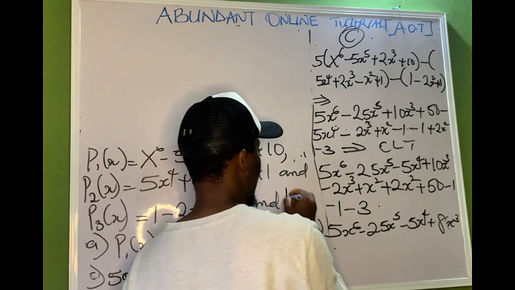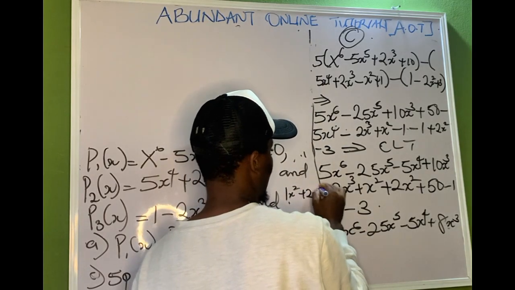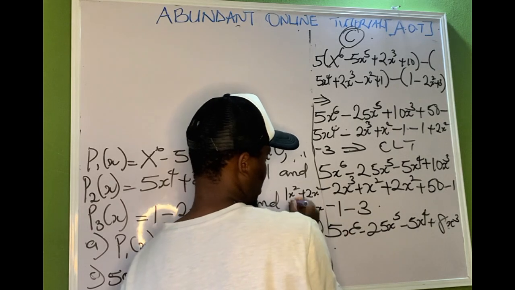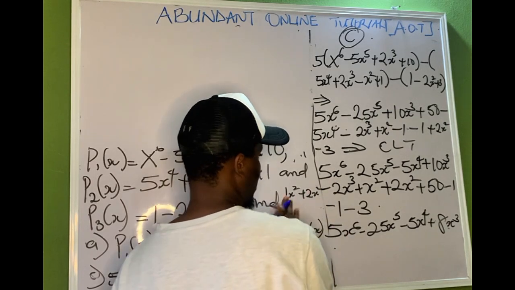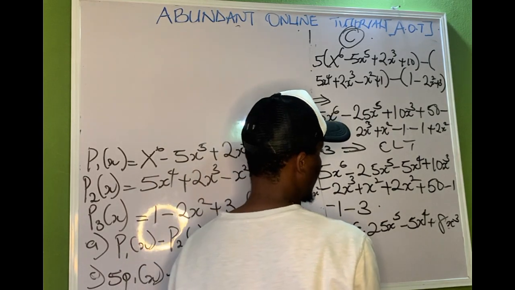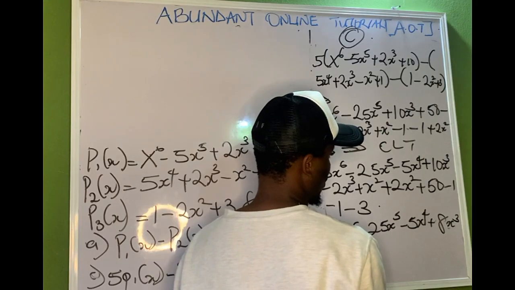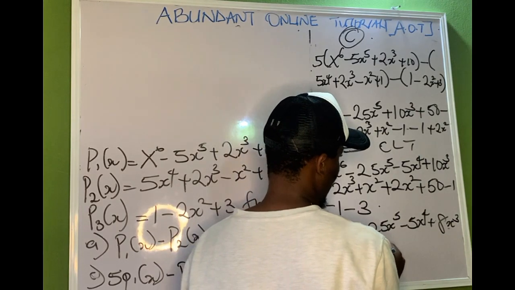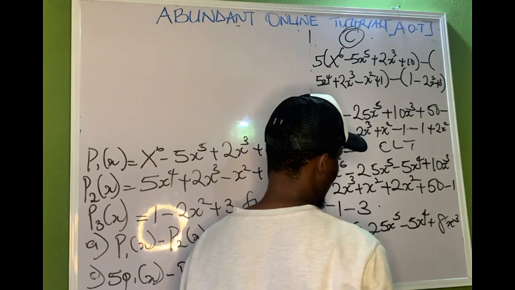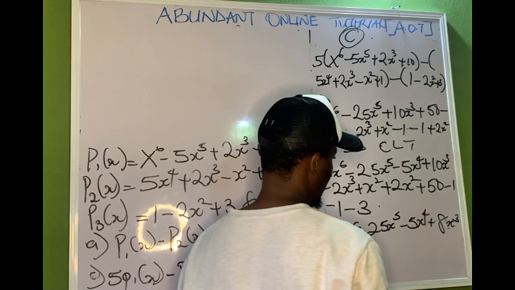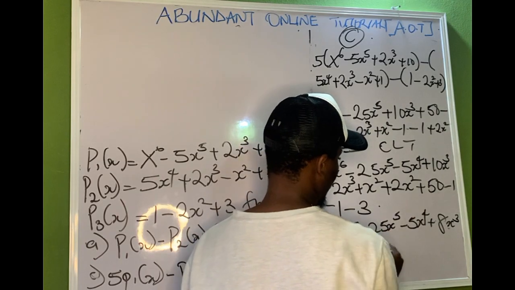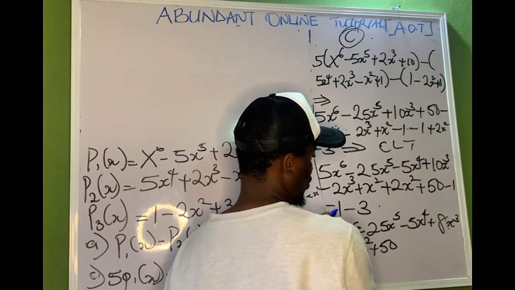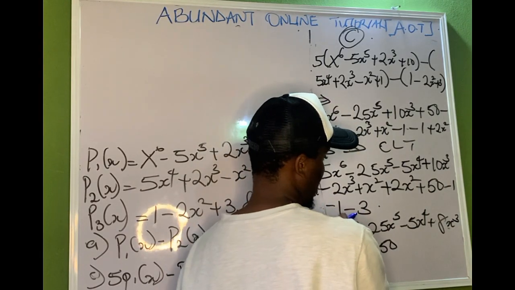If I say 1x squared plus 2x squared, or x squared plus 2x squared, it's still the same thing. There's an invisible one here, so that will now give me plus 3x squared. Then plus 50, we have minus 1 is minus 2, minus 2 minus 3 is